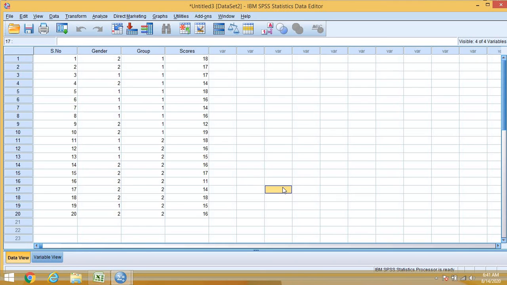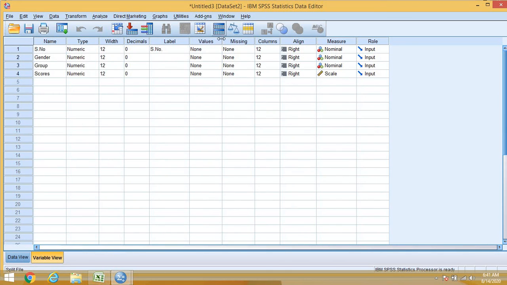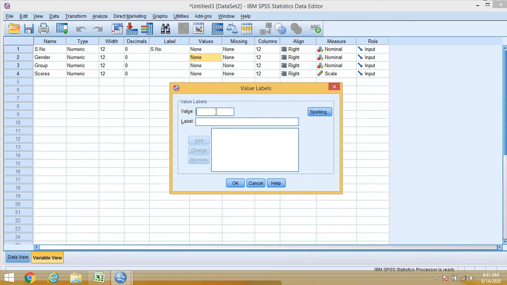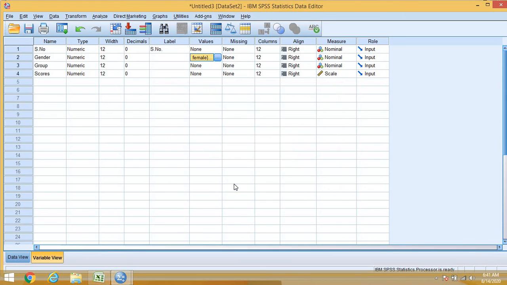Now with this you can run data analysis directly, but you have to mention in SPSS which value you have given number 1 and which value you have given number 2. For that I need to go to variable view. Here in the values column, for gender, value 1 to female, add, then value 2 to male, and then add, and then OK.